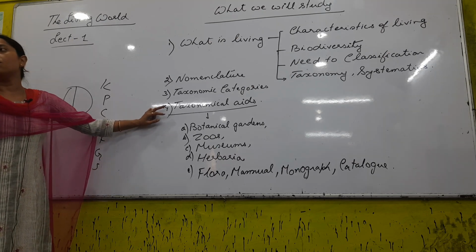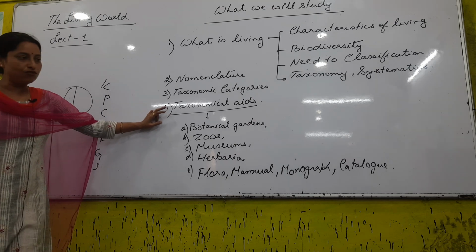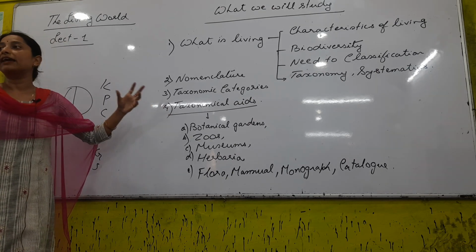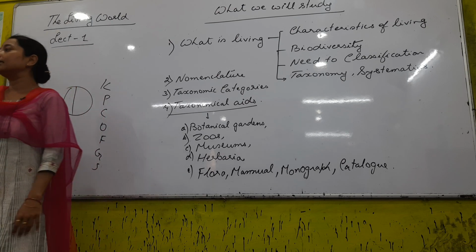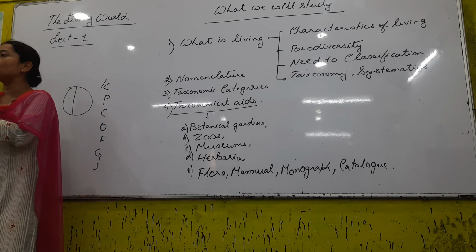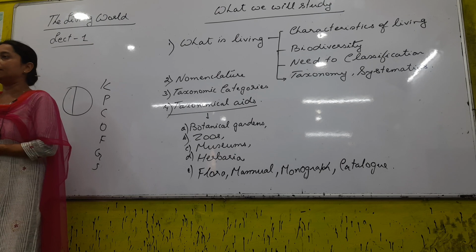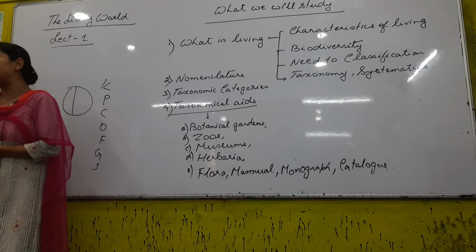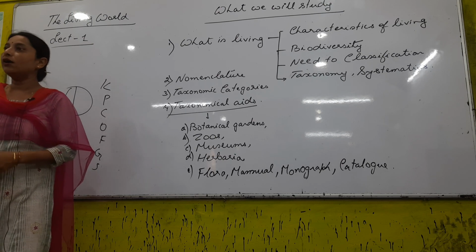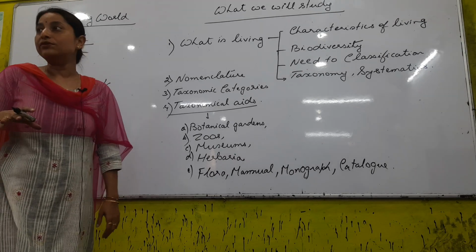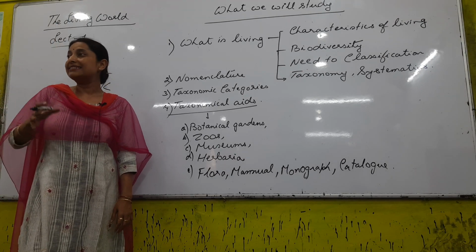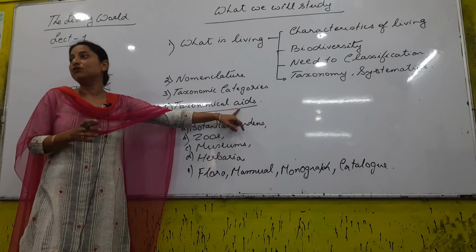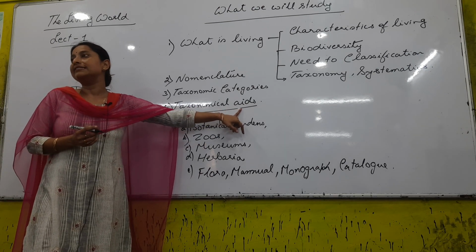Next, to go for a taxonomical study, or a classification, or to know an organism properly, what will you do? Suppose all of a sudden you discover an organism and you want to know about it. So you have to go for research, right? Either you will consult certain books or you will study the area in which it is found, etc. So for taxonomical study of an organism, we need help, and this help is called the aids.